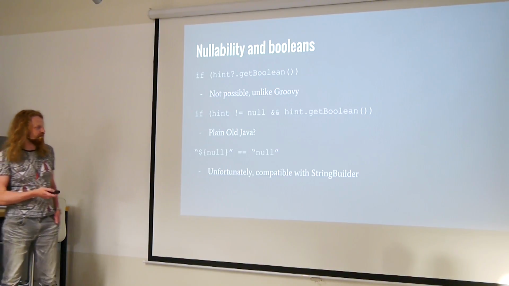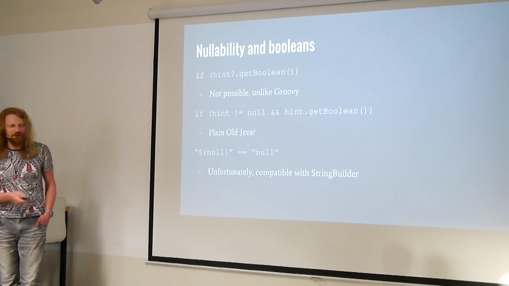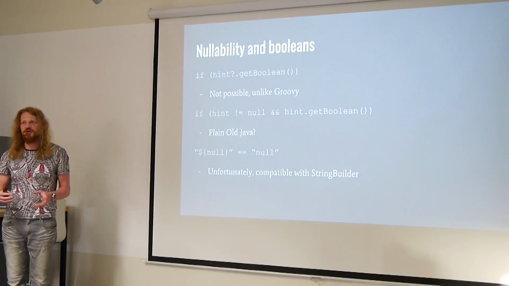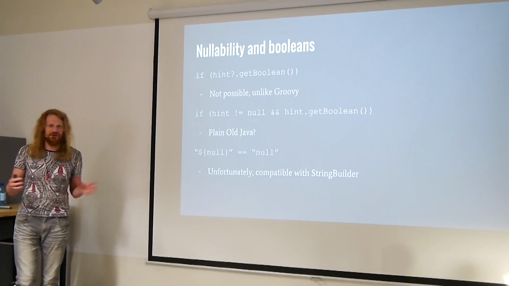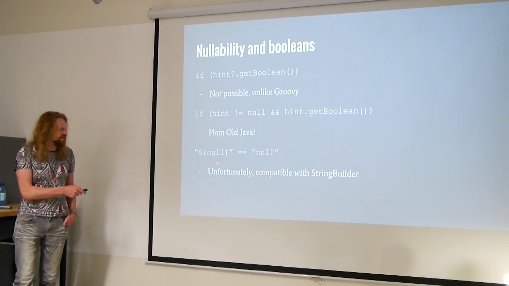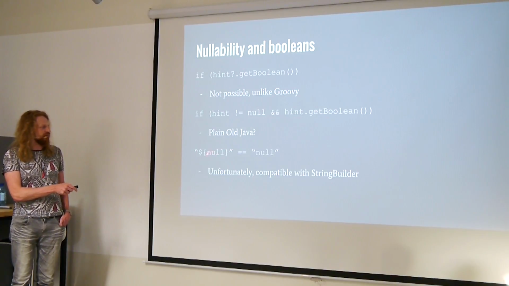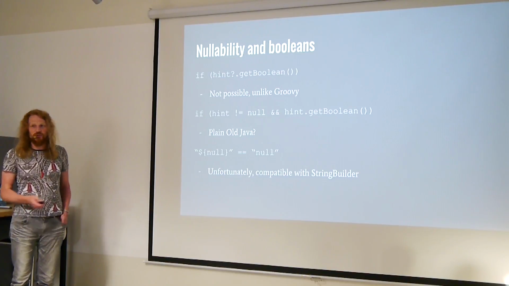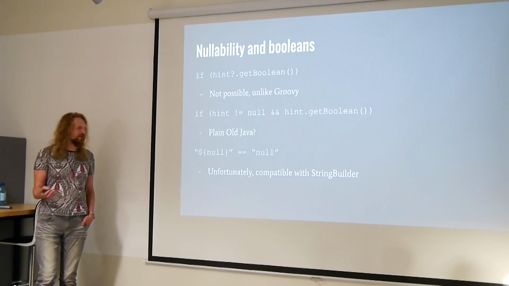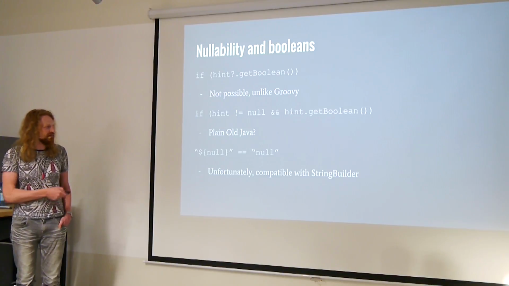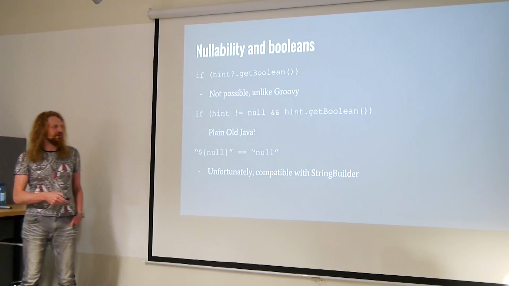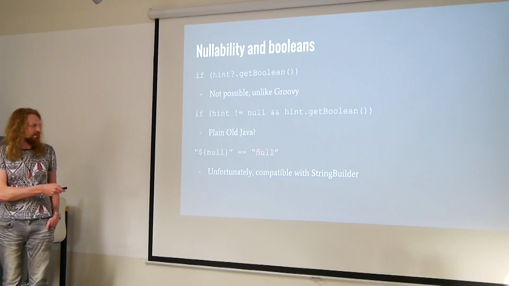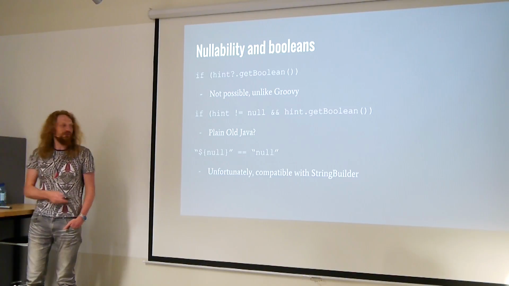The other thing that I don't like, and it's the same in Groovy, is that Kotlin also has the string template, so you can dereference stuff inside of strings without writing these ugly pluses and concatenating strings. But the thing is, if you dereference this kind of thing with something that evaluates to null, you get a "null" string as a result. And in most cases, this is not what you want. It's the same problem in Groovy and in Kotlin, and probably this is something that will not be fixed because of compatibility with StringBuilder and stuff. But I would really like it to be an empty string. Why the hell do you need this null?